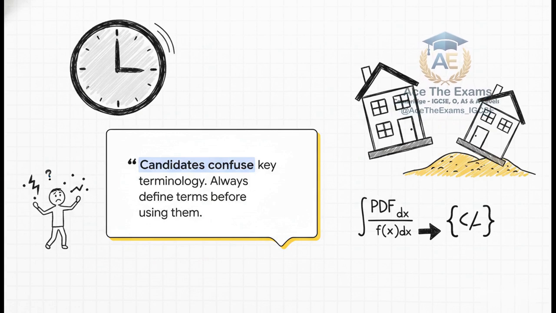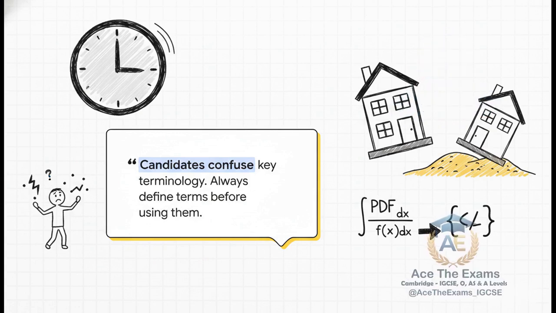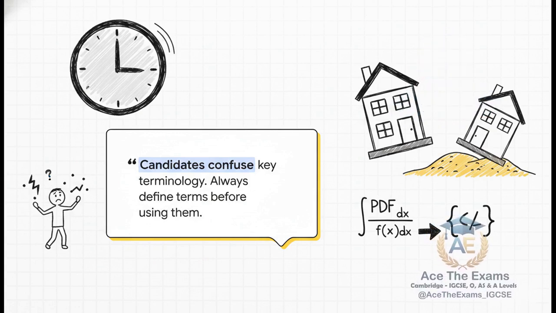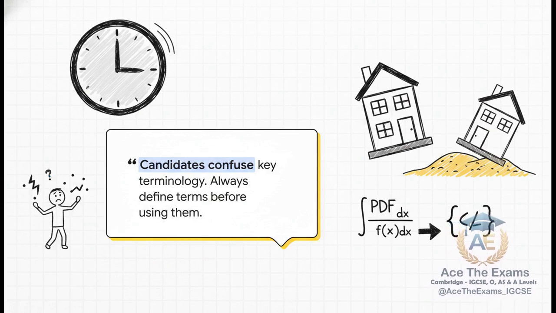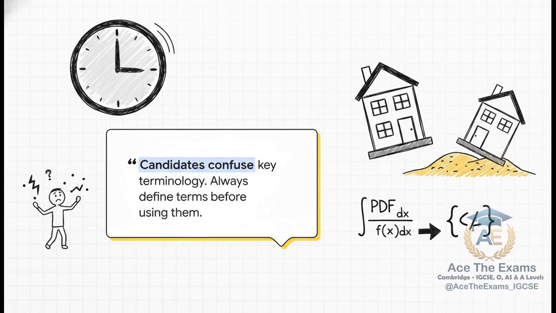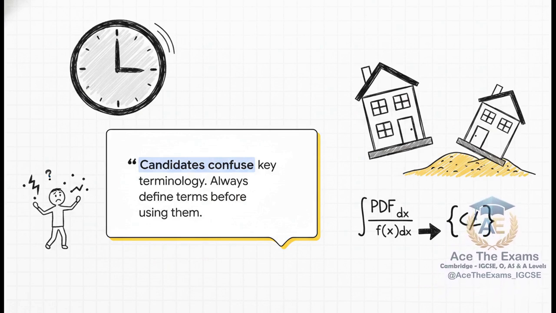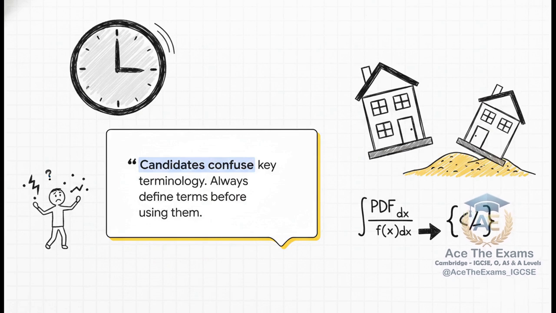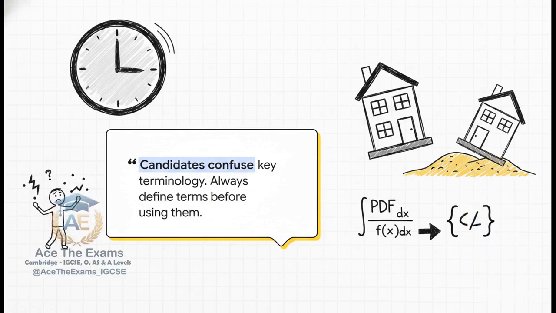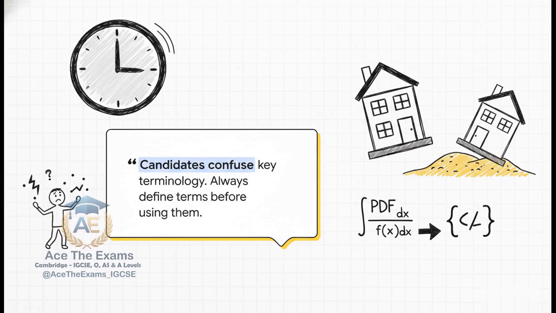Now, why do you think that happens year after year? It happens because, under the intense pressure of the ticking clock, the human mind instinctively rushes. It seeks shortcuts. Students start blurring the lines between a continuous random variable and a discrete one. They skip over the foundational definitions, and they launch immediately into complex calculus and integration, just hoping the mathematics will somehow speak for itself. Well, I'm here to tell you it won't.